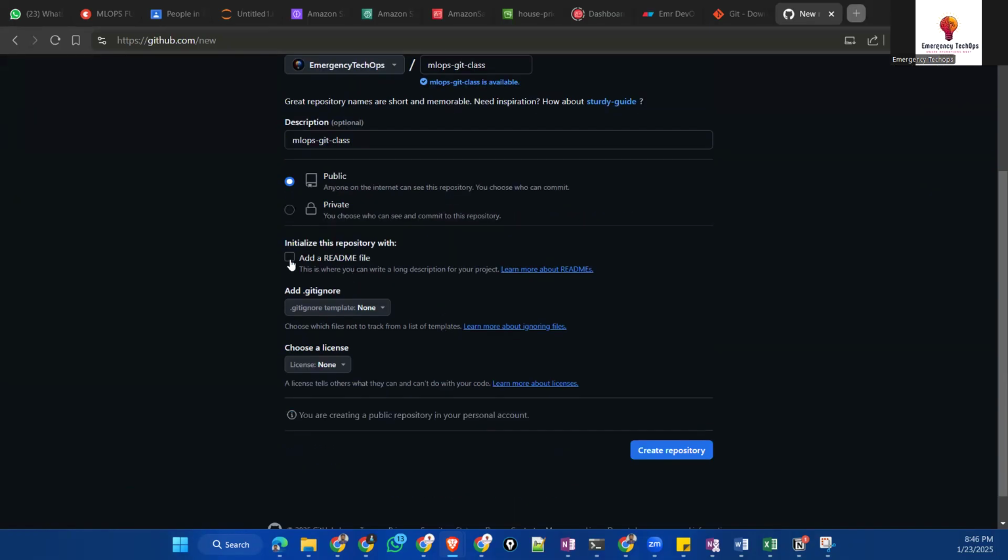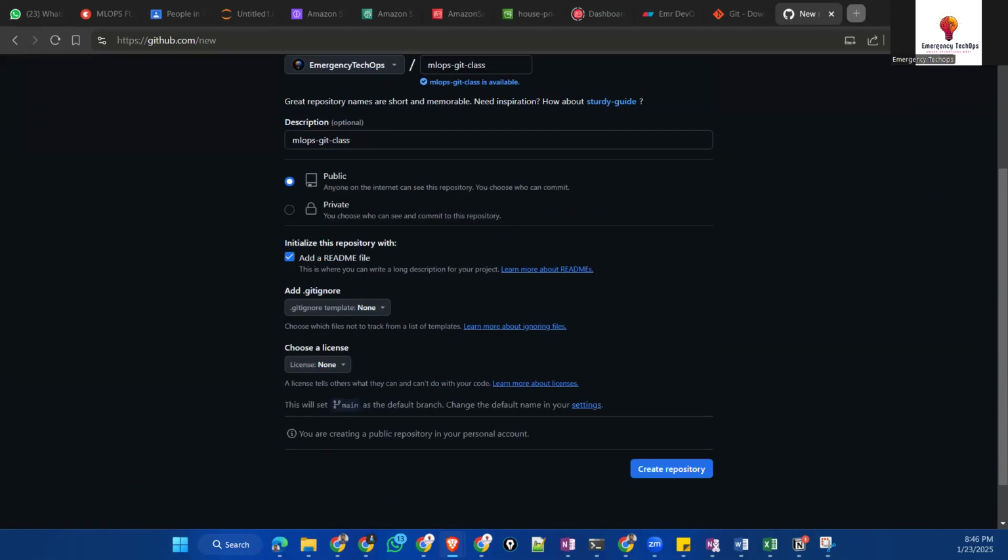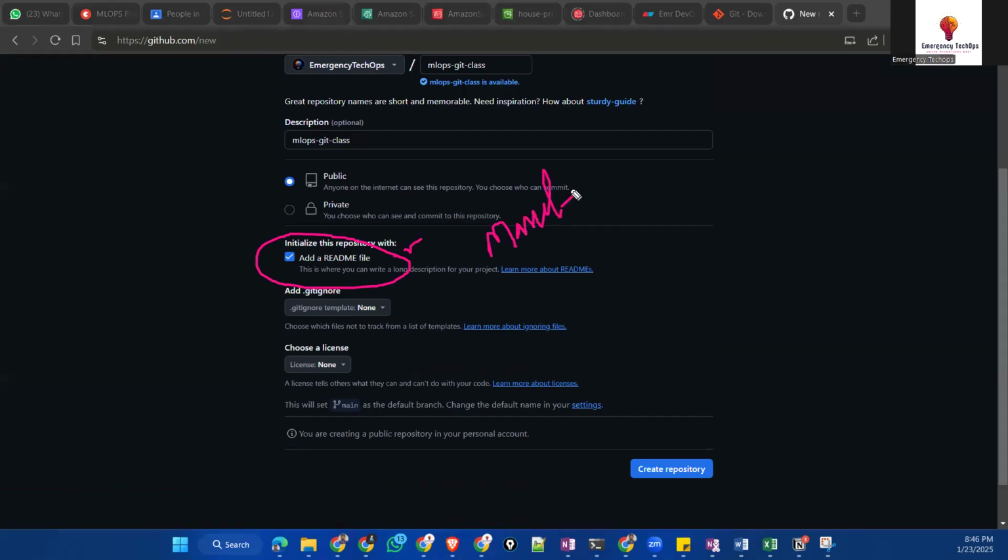And here we're going to add a readme file. What is meant by this readme file? This readme file is a manual to your GitHub repository. A manual means whenever you buy any machine or any gas gate, you get a manual on how to operate, right? In the same way we add this readme file to add instructions and important things.